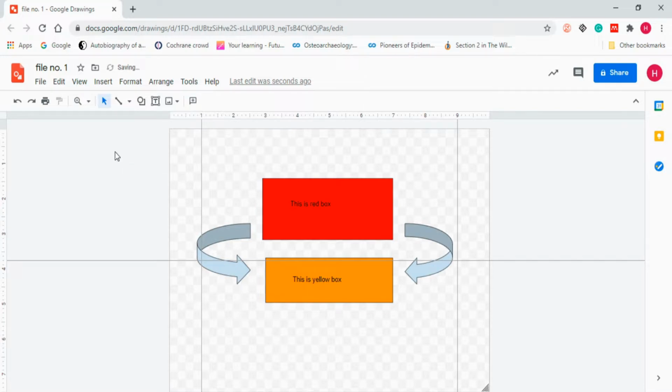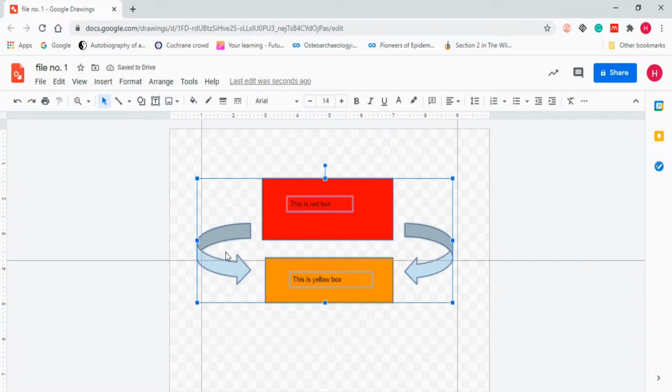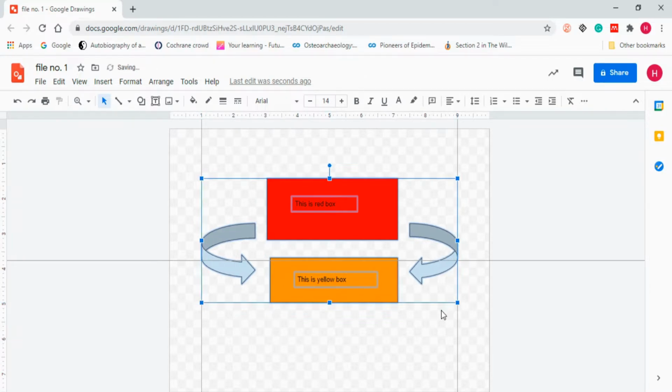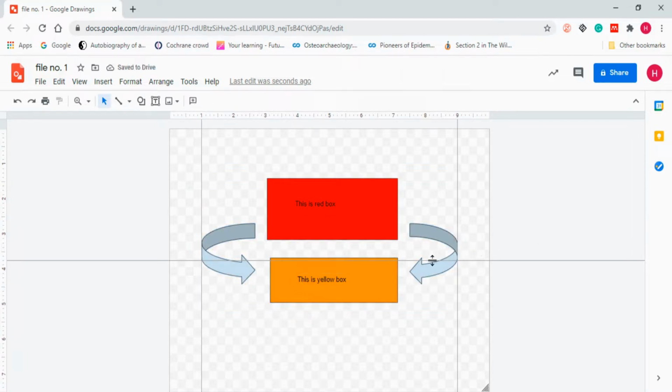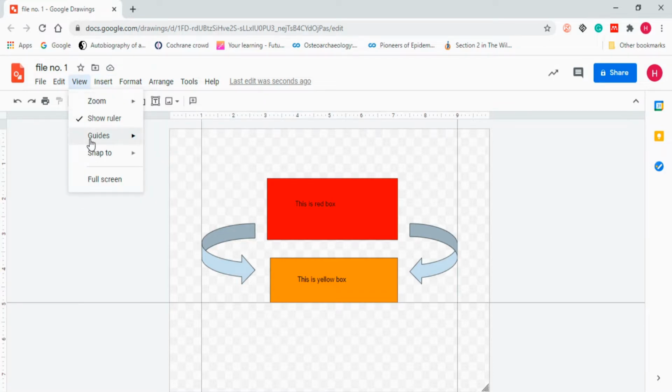Now I will select everything and get it within 8 inches. Expand it from here. Now you can see how this works. Now I want a horizontal guide also, at 5, and from here I want it from the above as well. Add vertical guide.